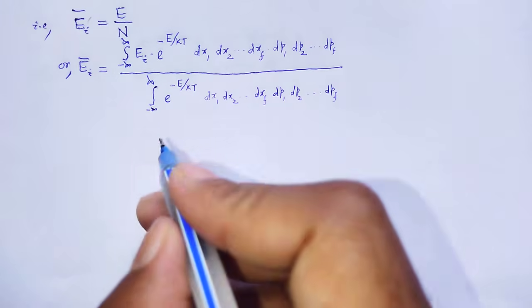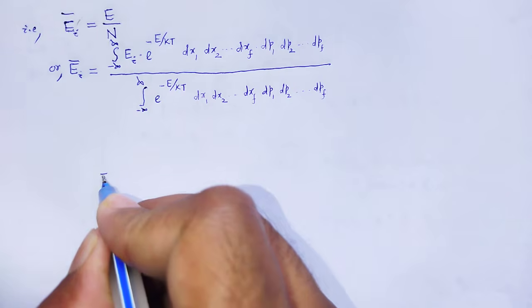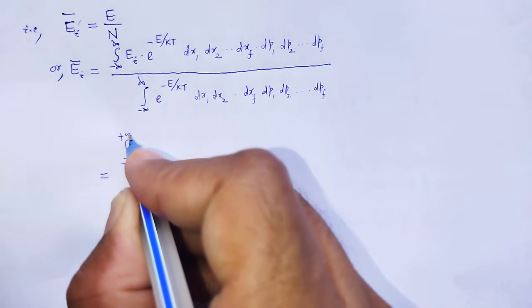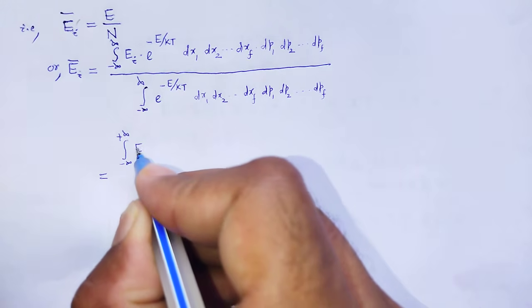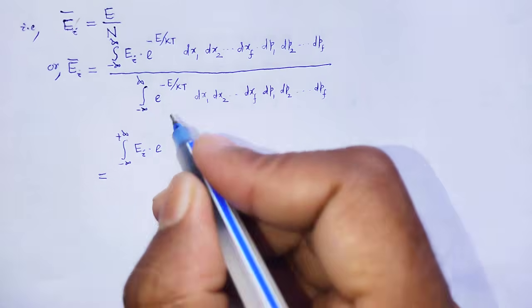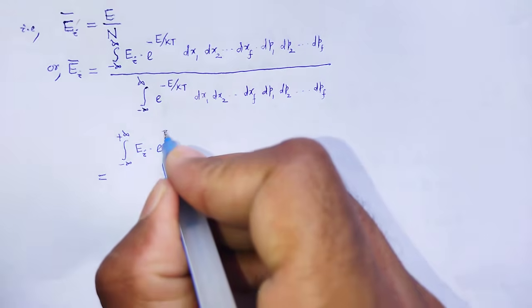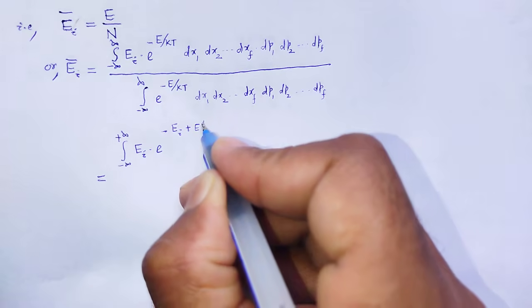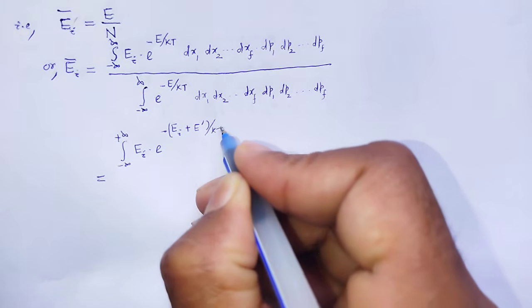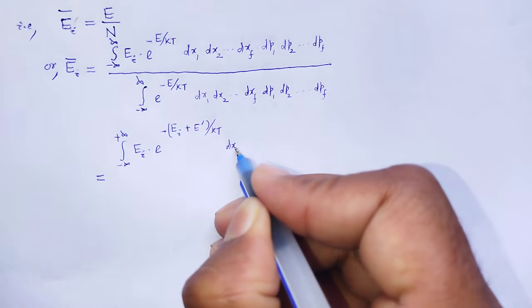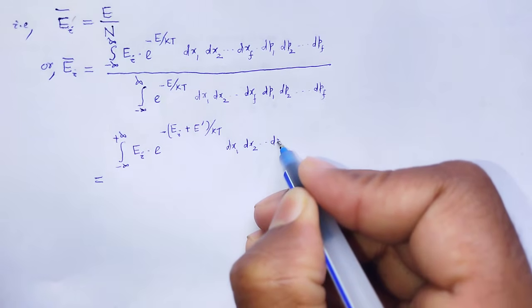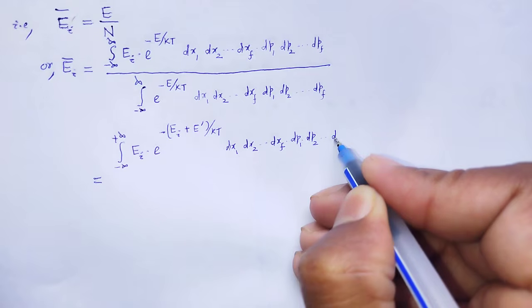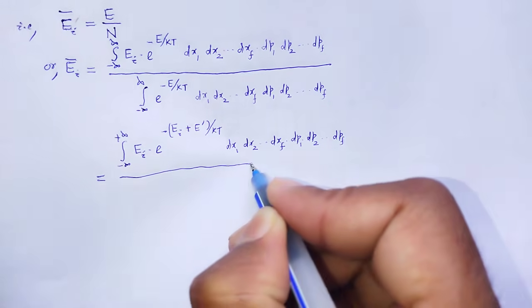The substitution we made is equal to the integration from minus infinity to plus infinity of e to the power, here in place of E, that is the EI plus E dash, divided by kt, then the coordinates dx1, dx2 up to dxf, dp1, dp2 up to dpf, whole divided by,